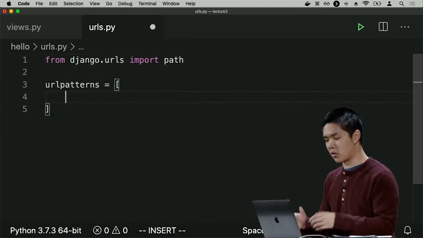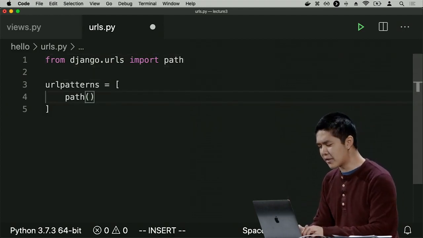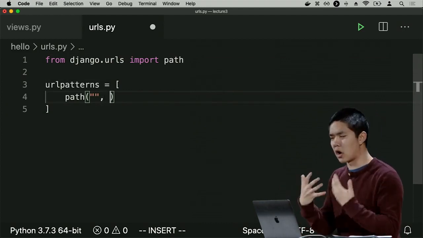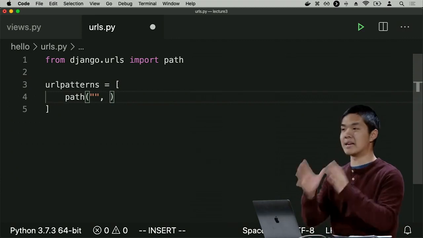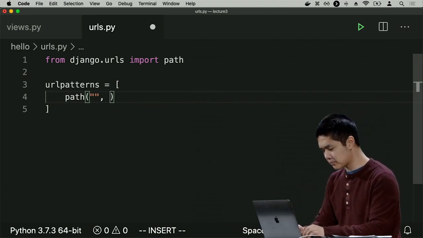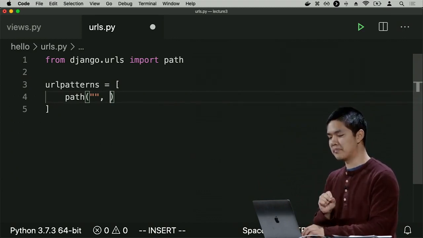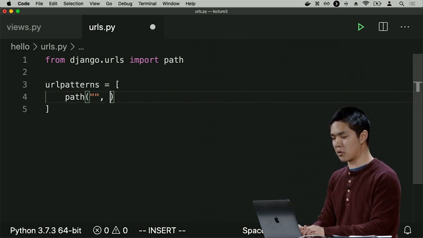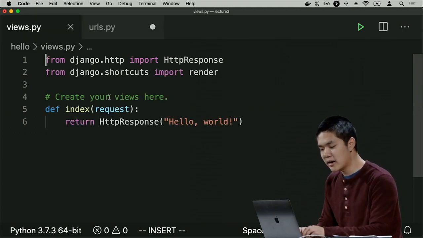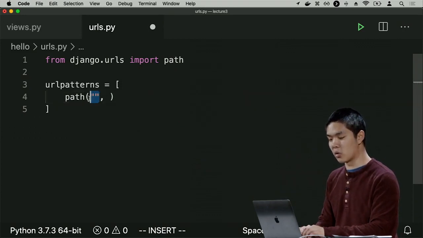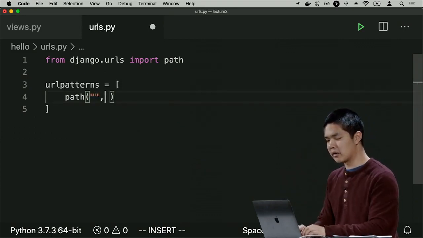And let's create our first URL. I'll say path, and then the first argument here I'm going to give the empty string to mean no additional argument, and we'll see what that means in just a moment, meaning nothing at the end of the route. And then the second argument to path is what view should be rendered when this URL is visited. So if I want to render my index view, recall that in views.py over here, I have this index function. Then what I want to render when someone visits this URL, the empty URL, is going to be